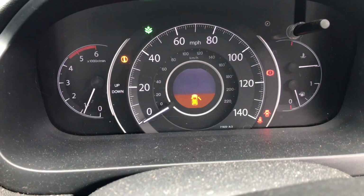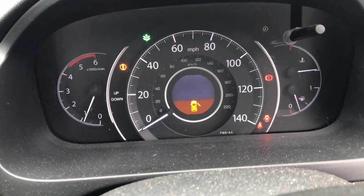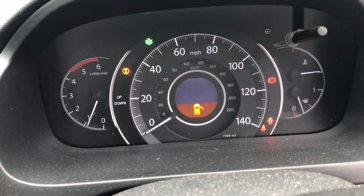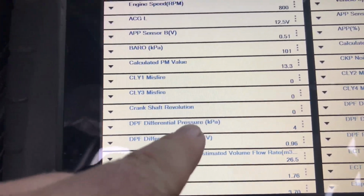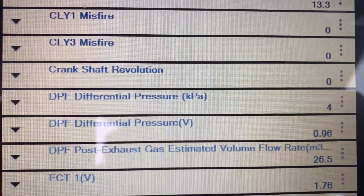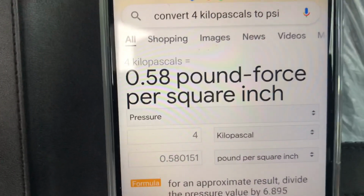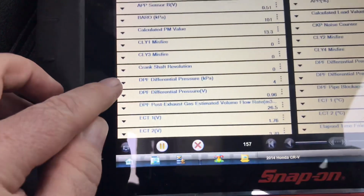You can see that the light has now gone off, and we heard, off camera, the note of the engine changing, so we're going to see if it's now doing a regen, or if we have to do it. So the pressure in the exhaust at idle is 4 kPa, you can see that there, and then the voltage is 1. So the conversion is, via Google, half a PSI. Let's rev her up,